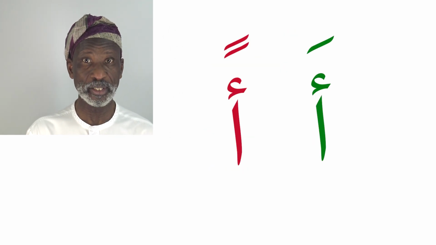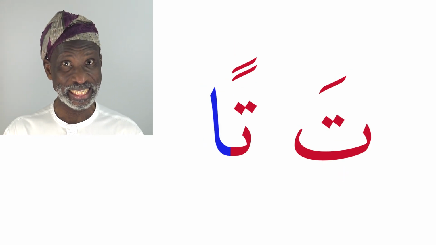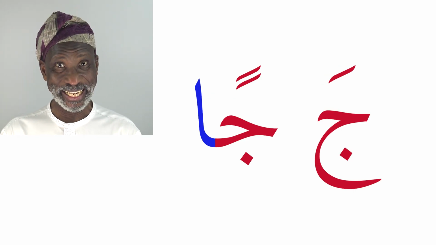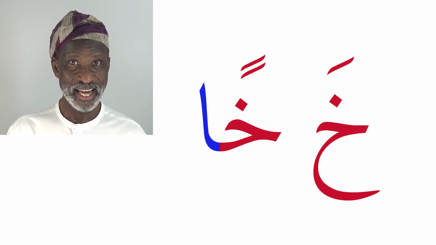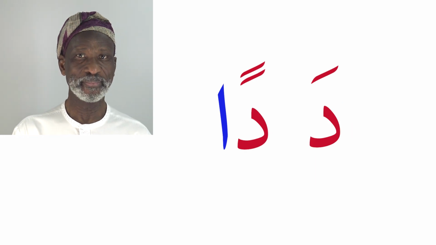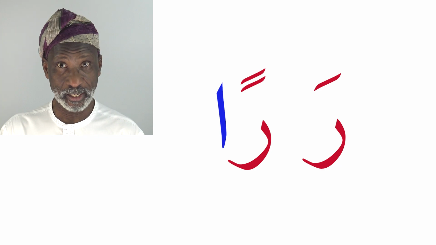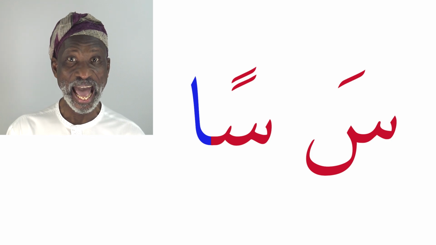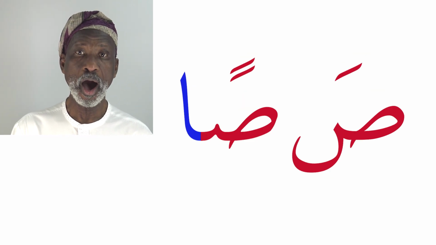On top of alif with the hamza, we say an, and then ba, ban, ta, tan, tha, than, ja, jan, ha, han, kha, khan, da, dan, dha, dhan, ra, ran, za, zan, sa, san, sha, shan, sa, san,